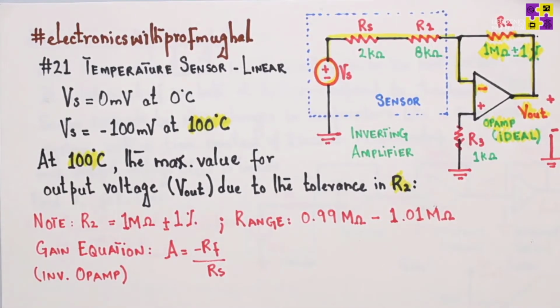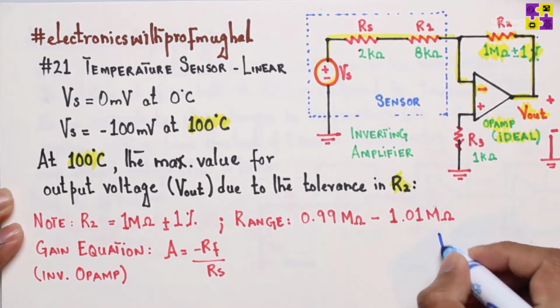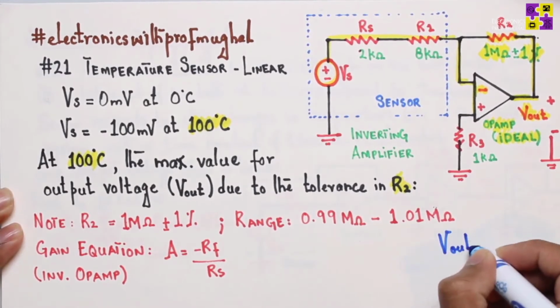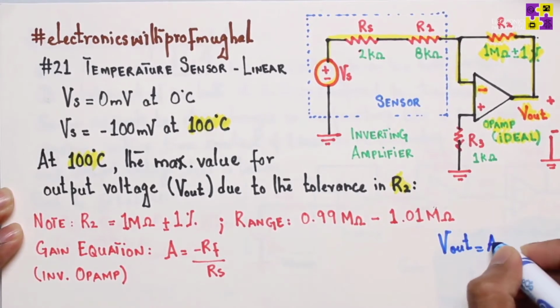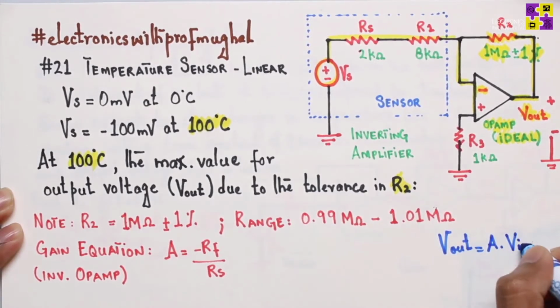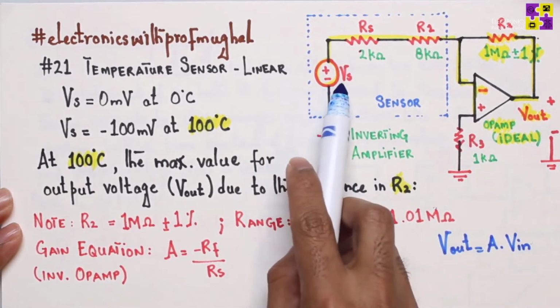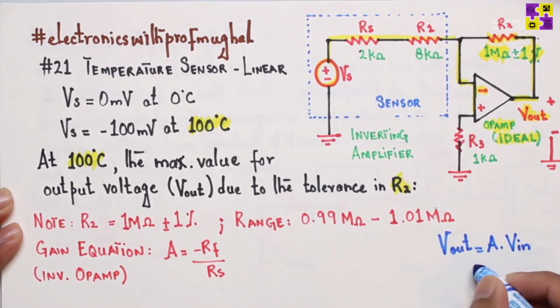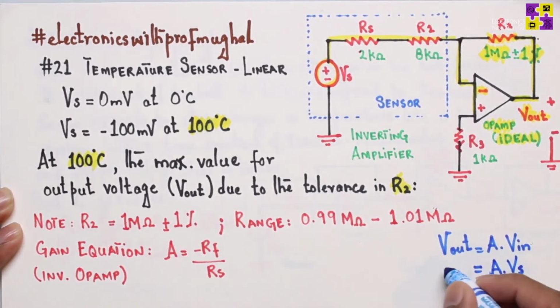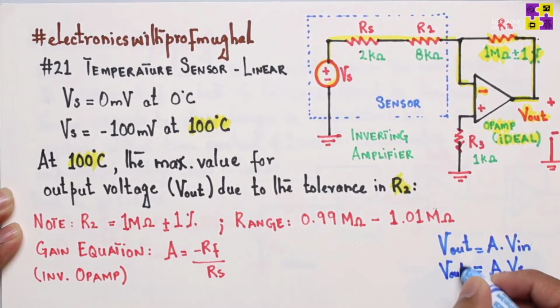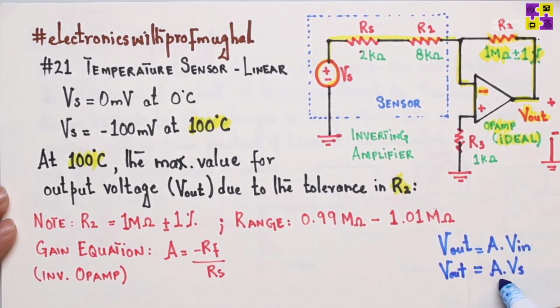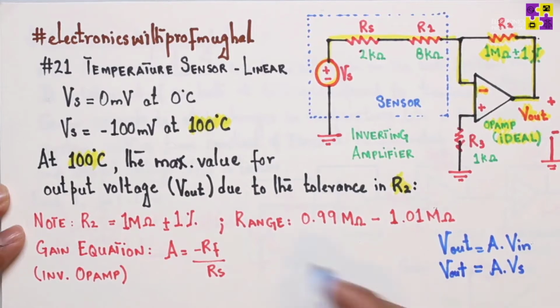1.01 mega ohm. Now, you should know that your output voltage is just simply gain times the input voltage here, right? And notice here, the input voltage is labeled as Vs, so I can rewrite this equation as A dot Vs. It's pretty much the same thing, correct? The higher the gain, the higher the output voltage, which means